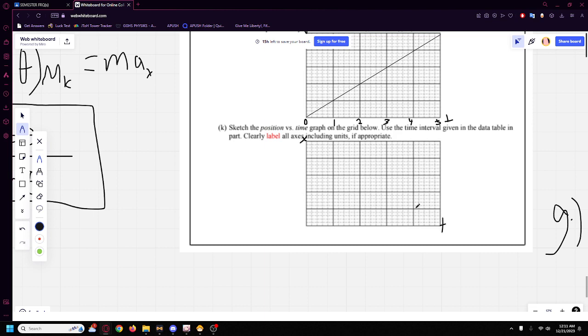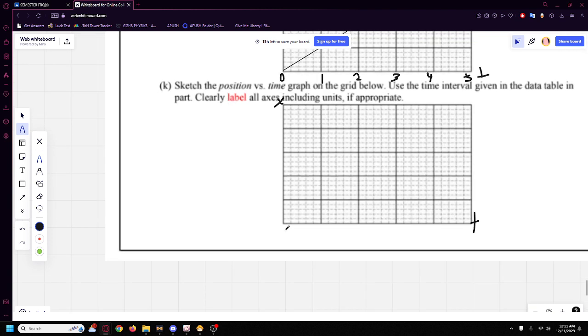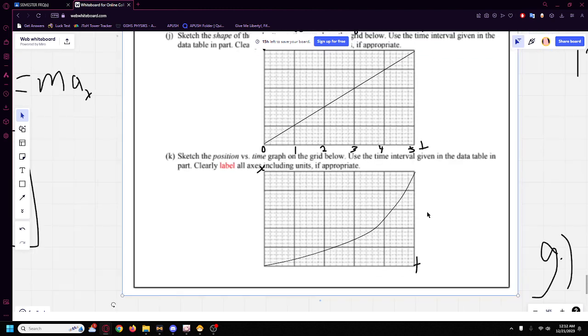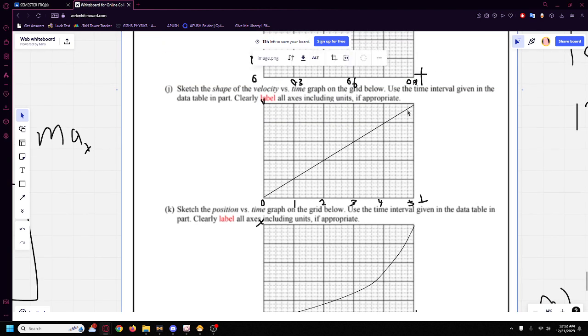This is the x of t graph. So the x of t graph will be a parabola because since the velocity is linear, that means that the position is increasing